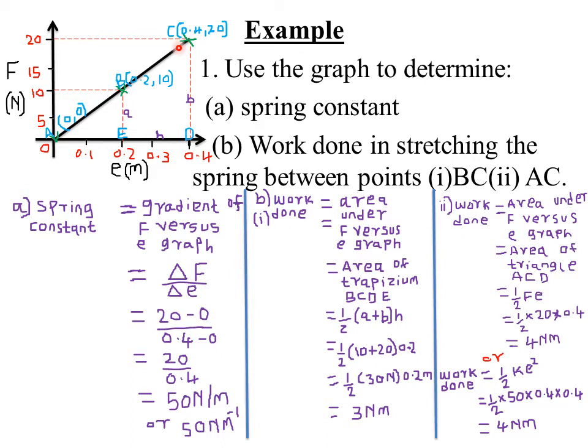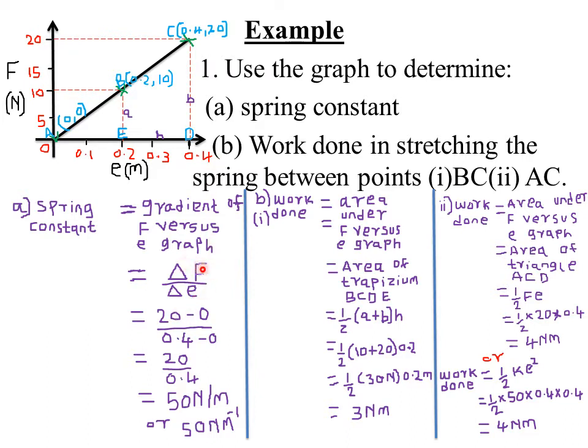If you pick any two convenient points, we expect the gradient to be exactly the same. For this case, I'm picking point C and point A. Remember, point A is the origin, which is (0, 0). Then point C is (0.4, 20). Remember, 0.4 is the extension, which is in meters, and the 20 is the force, which is in newtons. So to find the gradient